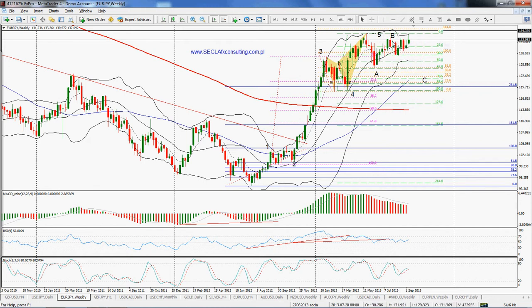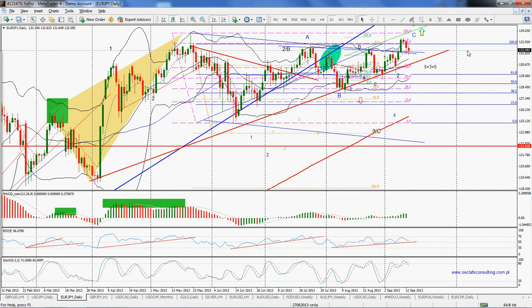Okay, what we could have here as well is called truncation. It says that the last fifth upward movement isn't strong enough to break this top. But this is for those who know Elliott waves and how to count them, who understand the Elliott wave theory. Good. On the daily chart,